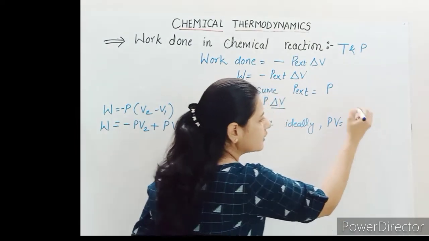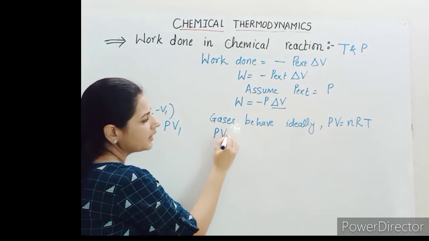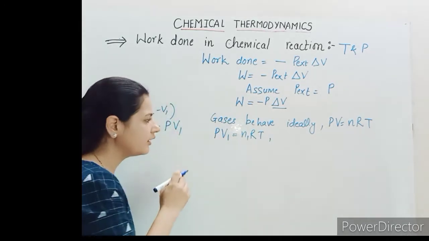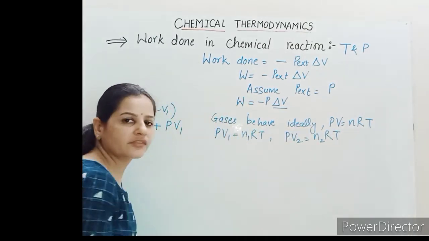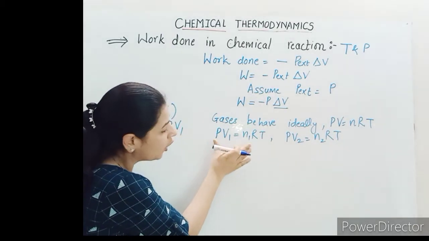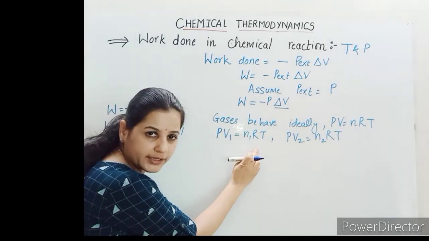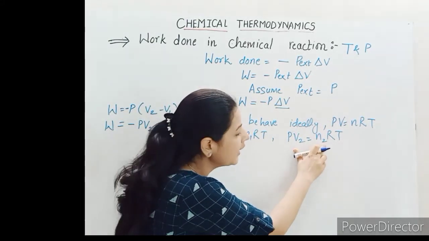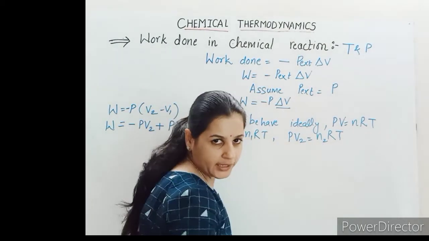Gases behave ideally means they are following the ideal gas equation, and ideal gas equation is PV is equals to nRT. Okay, so if we apply the ideal gas equation over here, then we know that PV1 will be equals to N1RT. Just now we have said, in the last derivations also we have seen in this way, and PV2 will become N2RT. मतलब जब हमारा सिस्टम वर्क करना शुरू कर रहा है, सपोज N1 नंबर ऑफ मोल्स है उसके पास और वॉल्यूम है V1, और अगर वो आइडियल गैस की इक्वेशन को फॉलो कर रहा है, देन PV1 will become N1RT. और जब फाइनल पोजीशन पे सिस्टम आ गया, मतलब कि वॉल्यूम हमारा चेंज हो गया N1 से N2, और वॉल्यूम चेंज कहां से कहां हो गया, V1 से V2. So in that case PV2 will become N2RT.